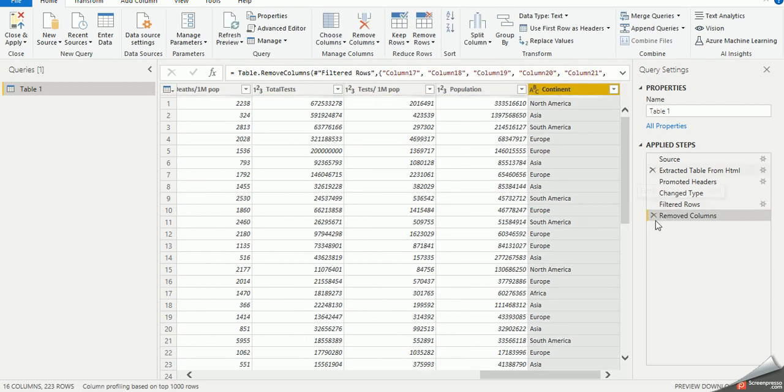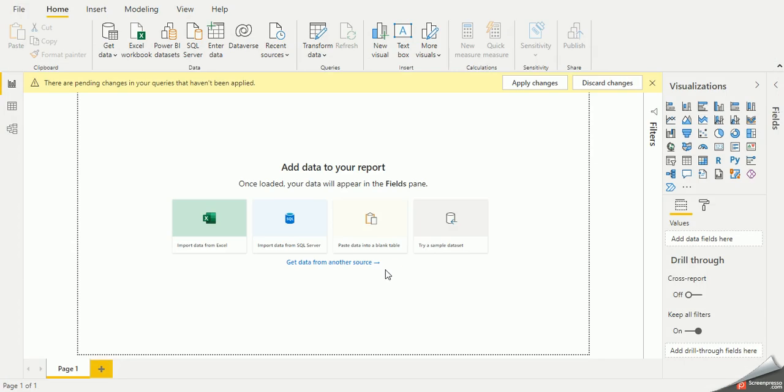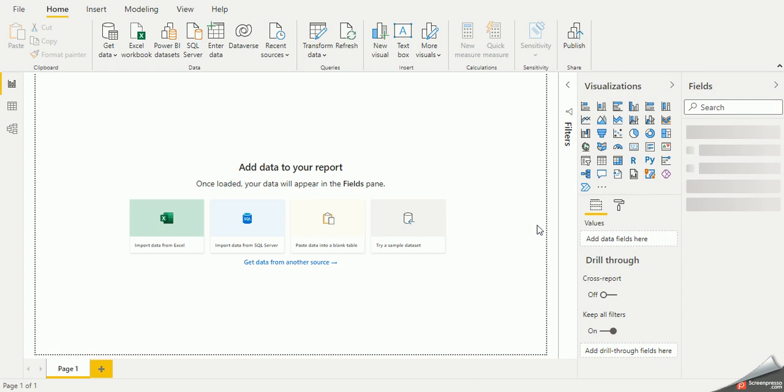You can see the steps are being added over here on the right side, and now I am very good to go with my data. I know the column names, I know everything. So let's load our transformed data. The reason I chose this data is because I will use the map, and it would be very good for us. Just let me show why I chose this.